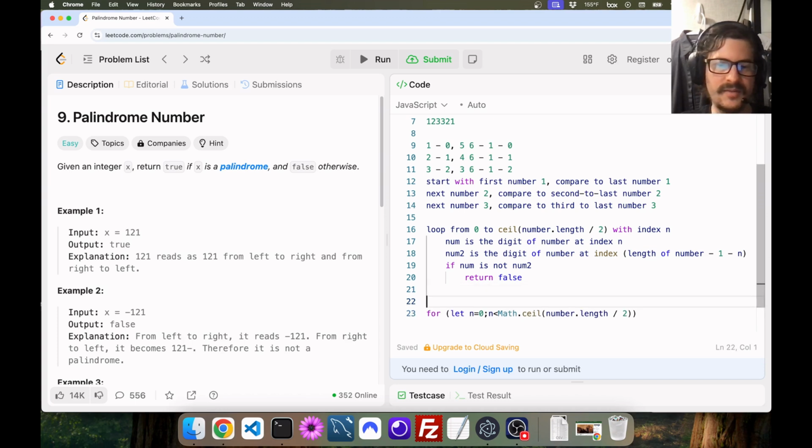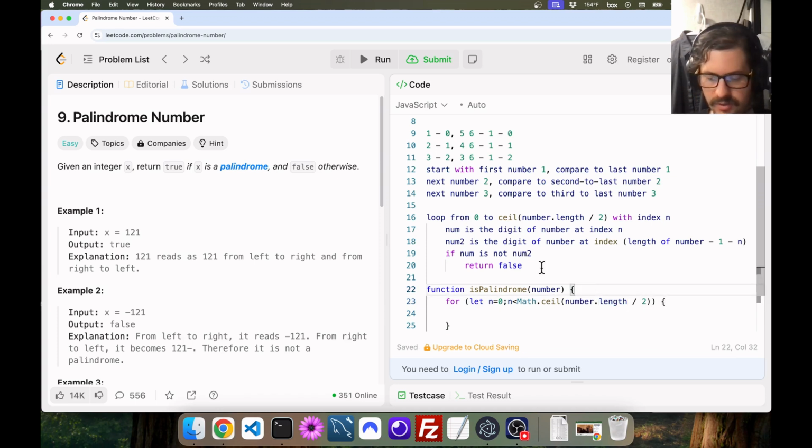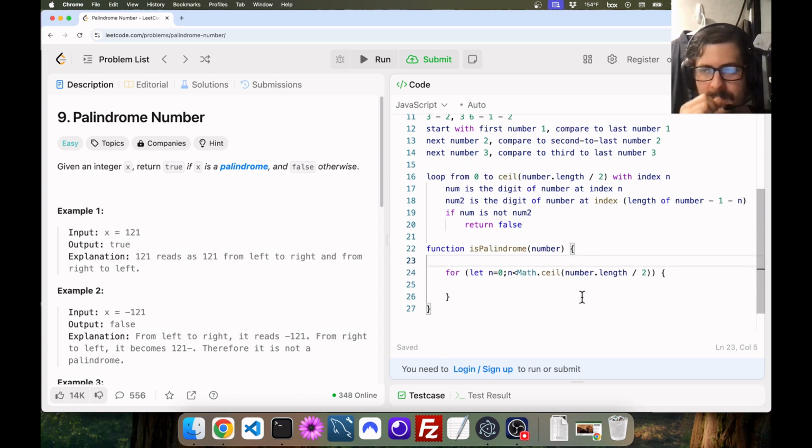Well, here's the thing. Oh, I forgot my function. Function isPalindrome(number). Well, there's a problem right there. I just know off the top of my head, I can't really get the length of a number like that. In my pseudocode, that didn't really matter much because with pseudocode, you can do anything. But I happen to know in JavaScript, I can't get the length of a number. Okay, so I'm going to say, okay, const numAsString equals number, and I'm just going to do a